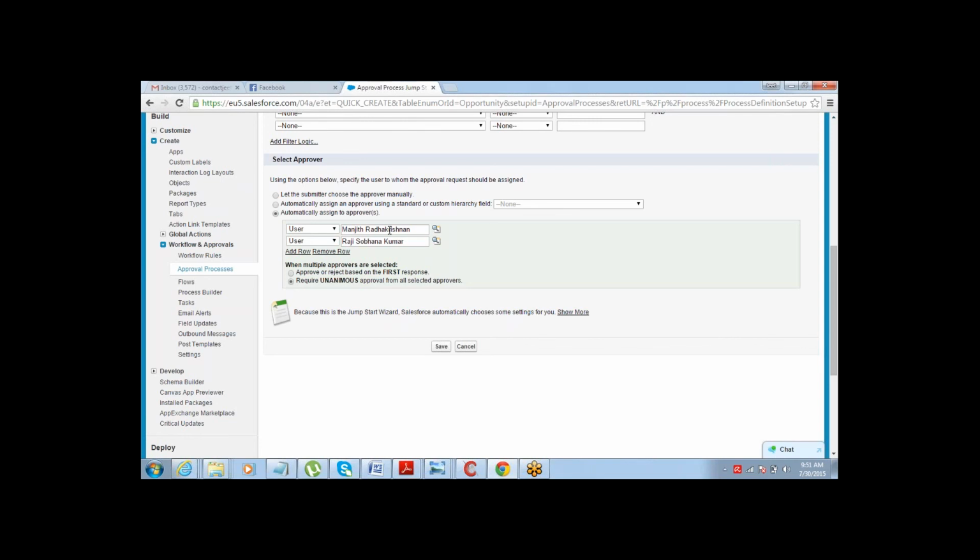If you have multiple approvers, it will be considered as an approved record only when both of them approve. If one person approves and the other person does not approve, no use. Got it? Let me know if there is any question or doubt here. Simple.